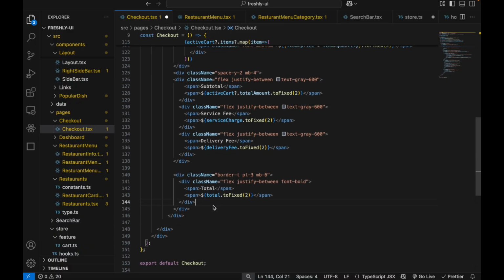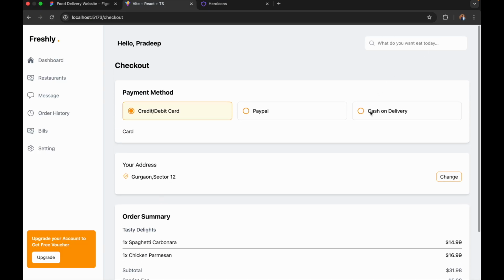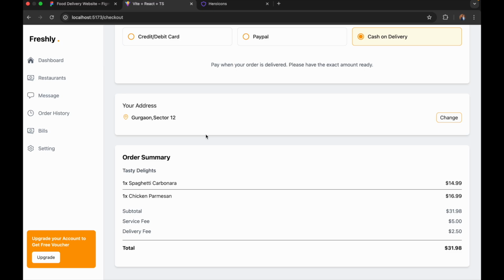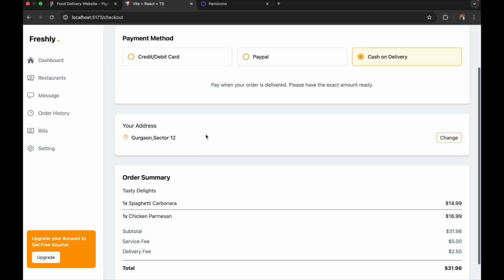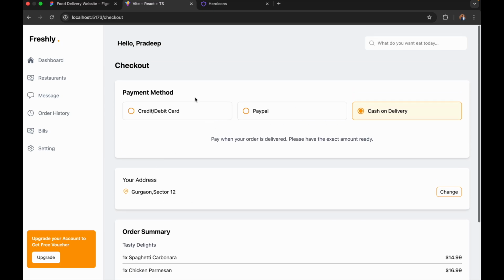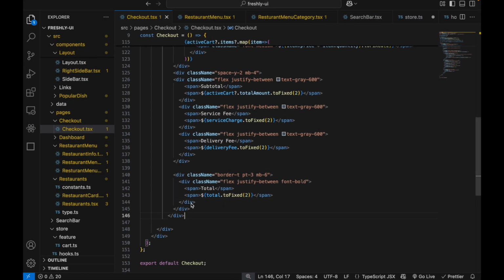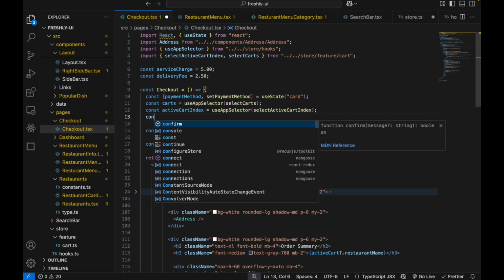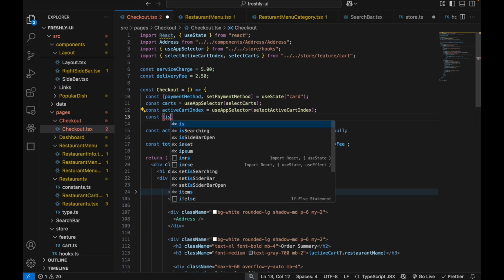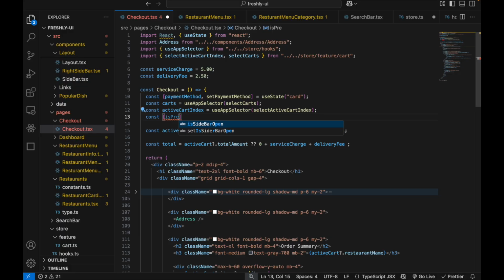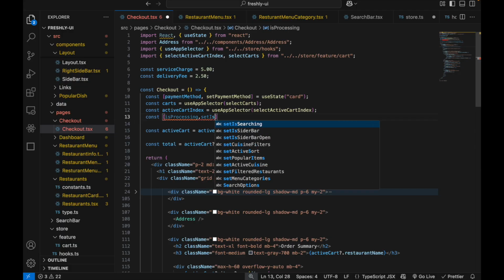This will be the total. Okay, so this is the order summary, address, and the payment method. And after this will be the button, and here when the payment is processing, because when we place the order we will set it to processing, set is processing,